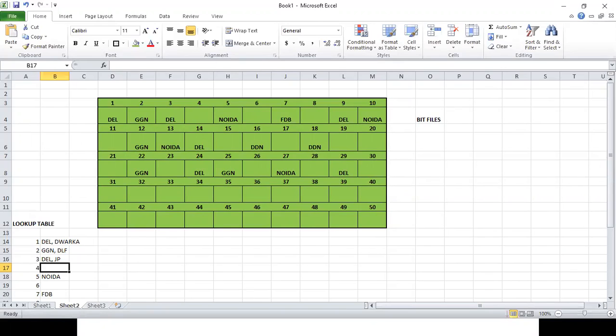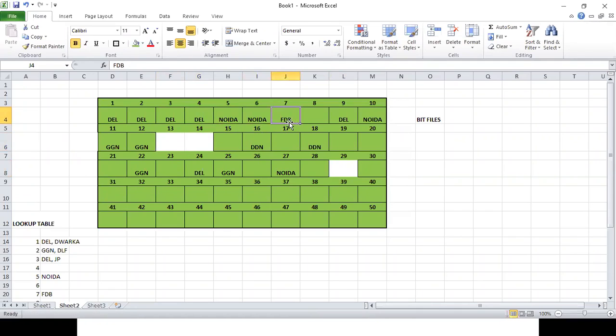Now supposing it would have been a clustered index, see what will happen. If I made it a clustered index, it will be something like this. Address 1 Delhi is there, then address 2 we have Delhi, and this we have Delhi, then supposing we have Noida.